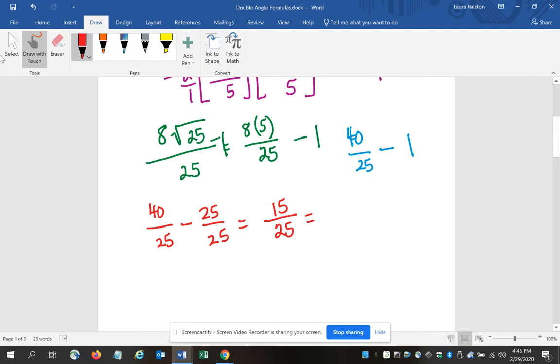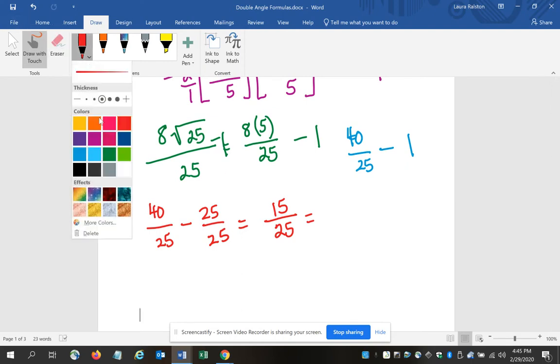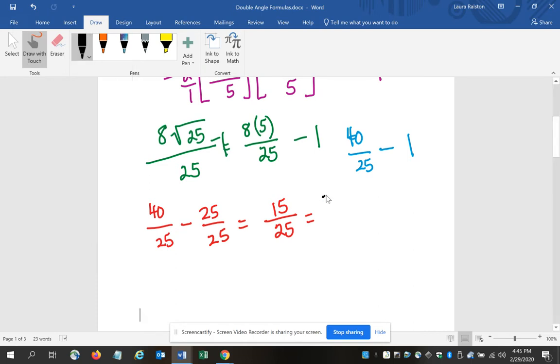And then I can simplify that fraction. 15 over 25 can both divide by 5. So 15 divided by 5 is 3. 25 divided by 5 is 5. So my answer here in this problem is that the cosine of 2 theta is equal to